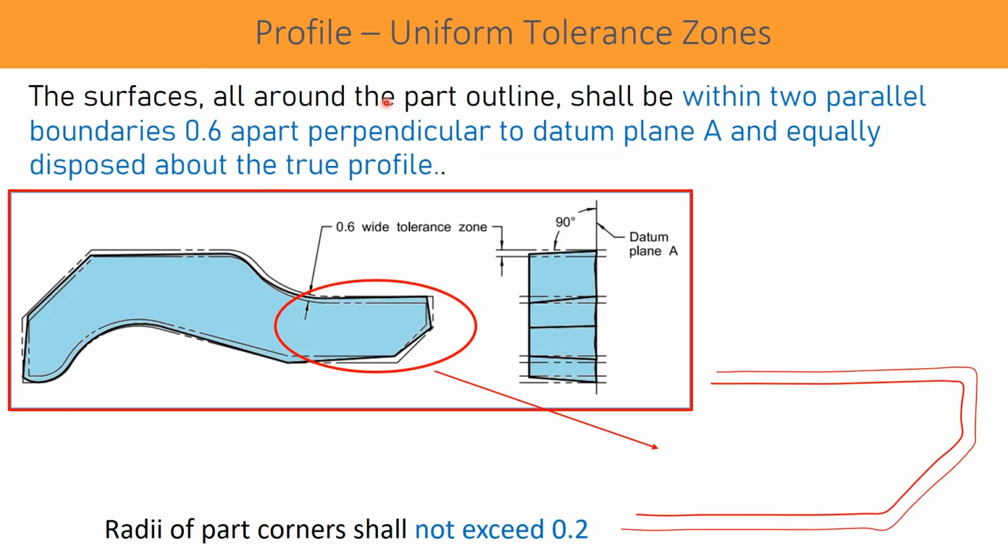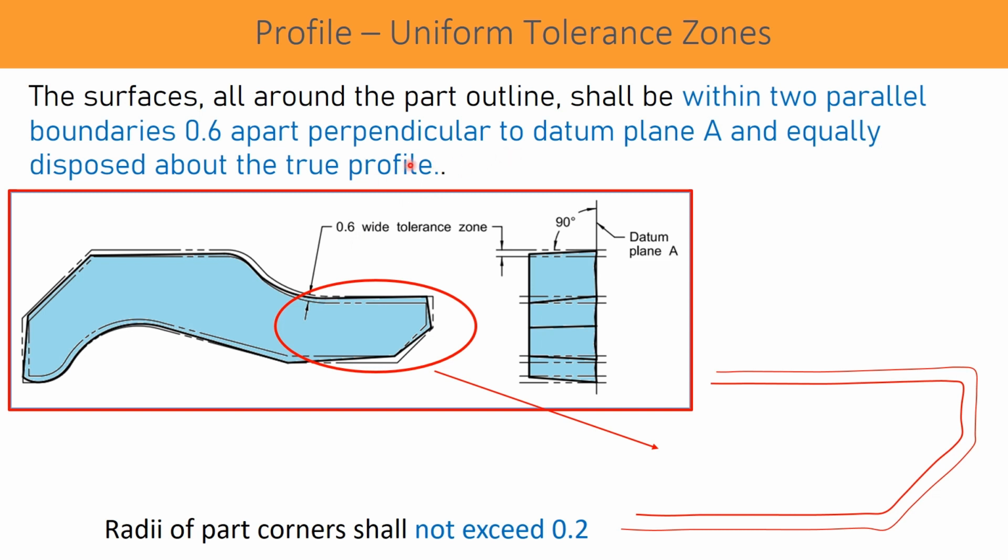When we apply a modifier all around or all over, the surfaces all around the part outline are controlled. Here is an outline, the complete closed profile. This profile shall be within two parallel boundaries 0.6 apart. That means the given tolerance is 0.6,